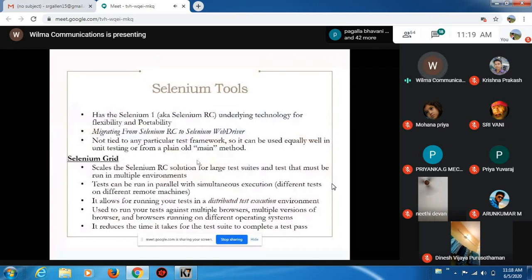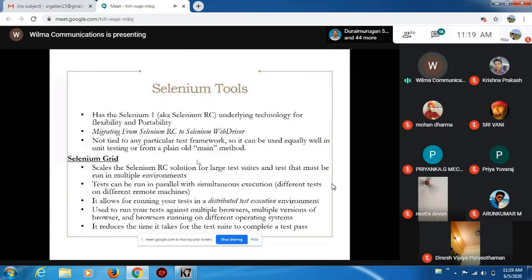Selenium Grid tests can be run in parallel, with simultaneous execution of different tests on different remote machines. Suppose I created one test case in my environment. Let's suppose, for example, we created a test case for the Chennai location, and we have some other environments, for example in Bangalore, Mumbai, Pune.